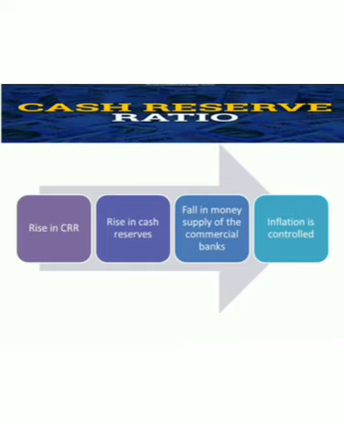During inflation, when there is excess money supply, the central bank or Reserve Bank uses CRR to control it. The central bank will increase the percentage of CRR. When CRR is increased, it means that commercial banks have to keep more deposits with the RBI. More deposits with the RBI will reduce the cash reserves with commercial banks, and they can do less credit creation, which will decrease the money supply and inflation will be controlled.